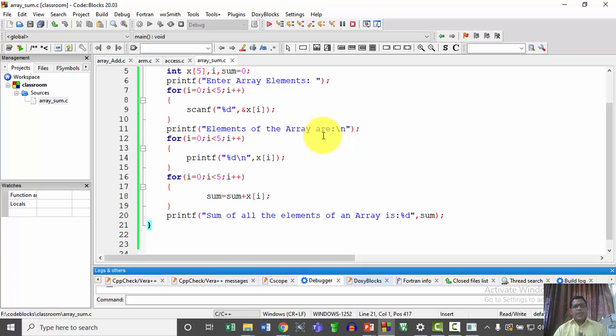We have accessed the elements of an array. What we did, simple: first I am going to enter the 5 elements, then I am going to add all the elements together here, right? And finally we are producing the result. So in this way we can add the elements present in an